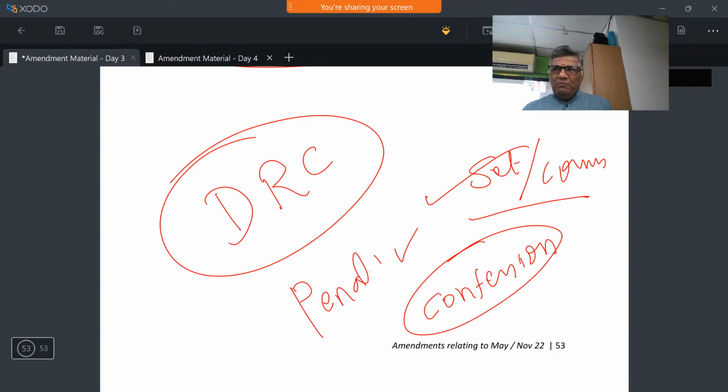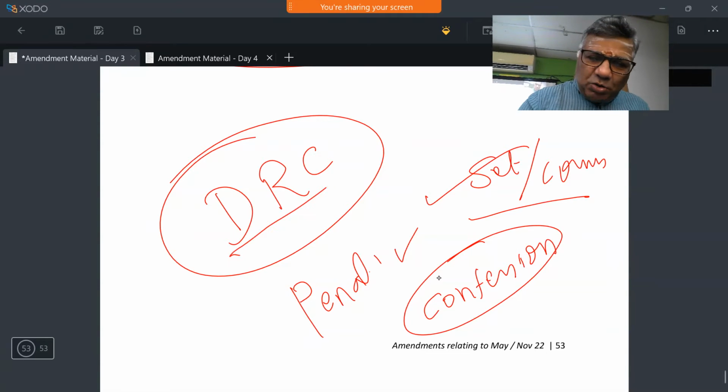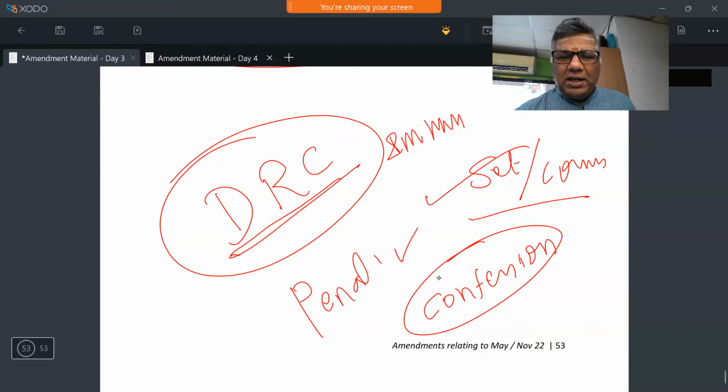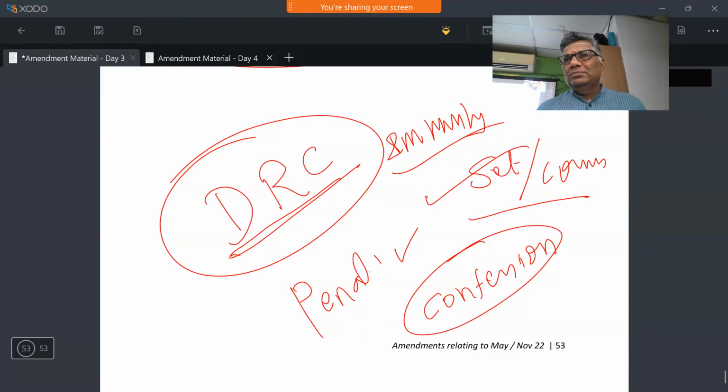We have replaced it with something known as dispute resolution committee. இவங்க என்ன பண்றாங்க? What is dispute resolution? Settlement commission is for big assessees, the raid case law. This is for small assessees. This is going to grant you immunity from penalty, interest waiver, no assessment completed, all these things you can go to them.